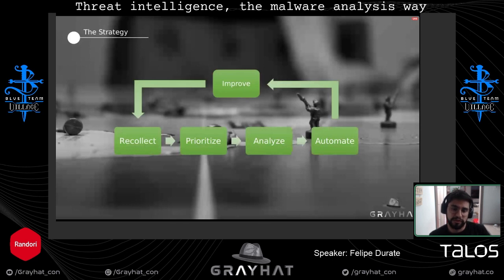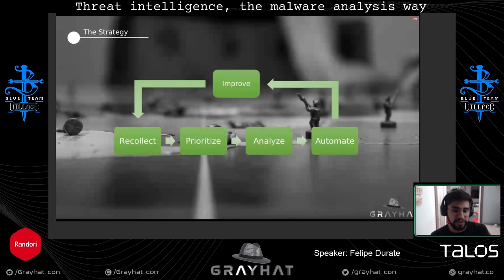Then, once you have captured samples, you need to prioritize. And to do that, you need to understand your business. So depending on your business, you need to prioritize, because there are some threats that are more likely to affect you than others. So that's something you need to have in mind. But to handle those things, probably you should use ATT&CK. ATT&CK is a framework that gives you more details about each of the threats, and allows you to organize and prioritize which are the ones you want to handle first. So have that in mind.